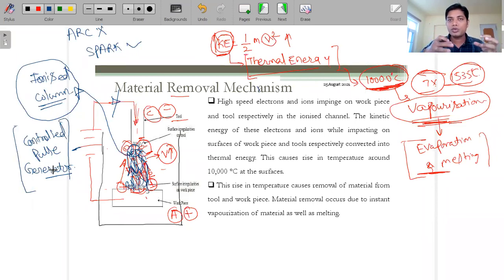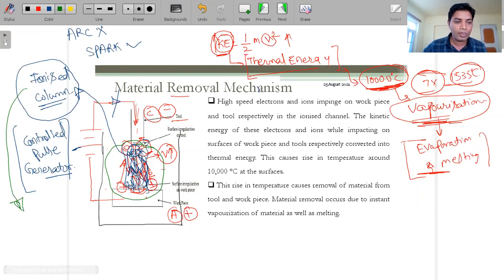Whenever there is a need to generate the power supply, meaning the current, it will be on, and we do not want it to continue, so we have to turn it off. When the pulse generator supplies current, this ionized column is formed. But when the current is off, this complete ionized column collapses. This is collapsing due to the cut off of the current.